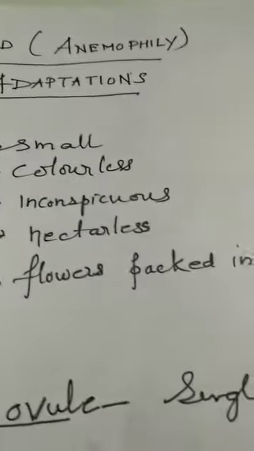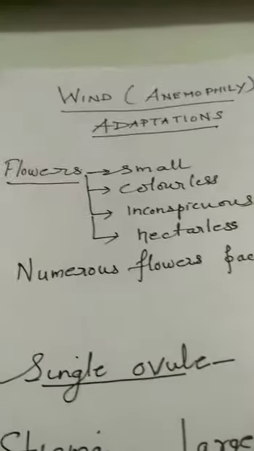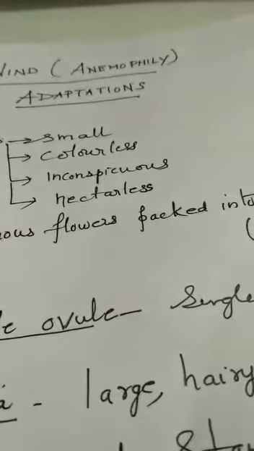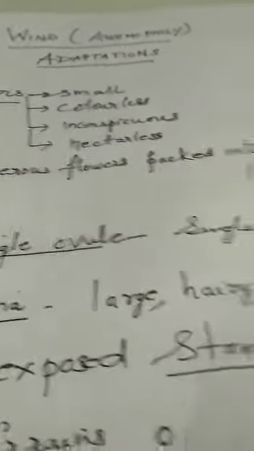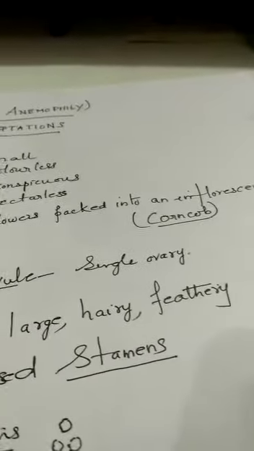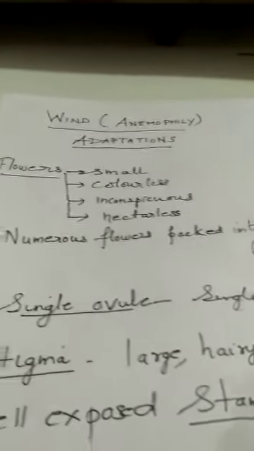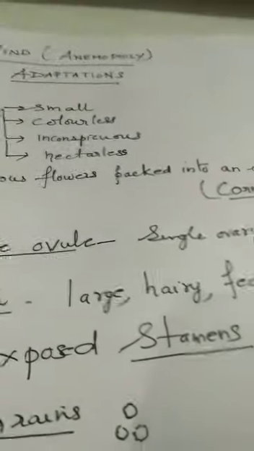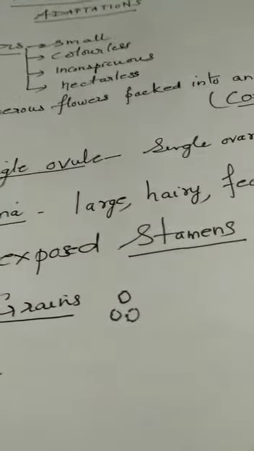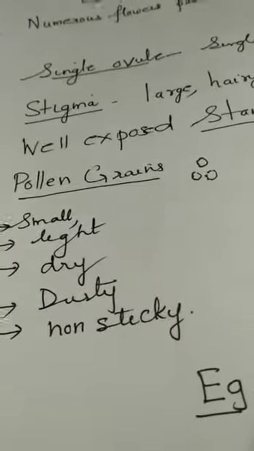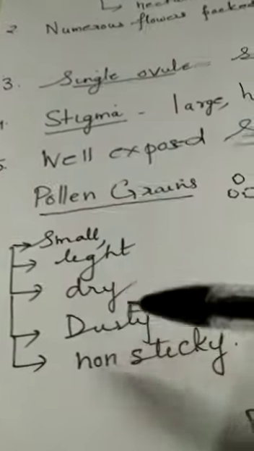So wind pollination is also known as anemophily. The adaptations are: the flowers are very small, colorless, inconspicuous, nectarless, and you'll also find numerous flowers packed into an inflorescence like a corn cob. Then a single ovule in each ovary. The stigma is very large, hairy and feathery. They have well exposed stamens, and the pollen grains are small, light, dry, dusty